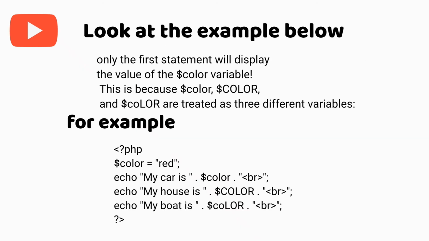Look at the example below. Only the first statement will display the value of the $color variable. This is because $color, $COLOR, and $coLOR are treated as three different variables. For example, <?php $color = "red"; echo "My car is " . $color . "<br>"; echo "My house is " . $COLOR . "<br>"; echo "My boat is " . $coLOR . "<br>";